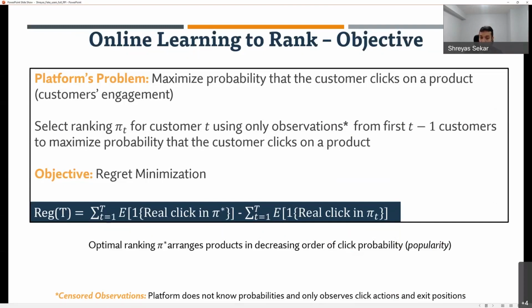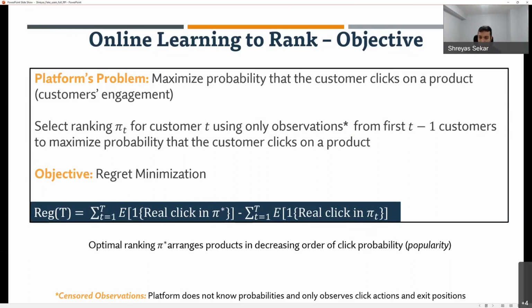Okay. Now, what makes this challenging, even without the fake users, is that I don't know my click probabilities. If I knew my click probabilities, it's just a simple sorting problem. But because I don't know my click probabilities, I have to learn them and then use that to rank products. Additionally, this is already a very popular problem known as the cascade problem or the learning to rank problem. Now, on top of that, I have fake users trying to trick my algorithm.